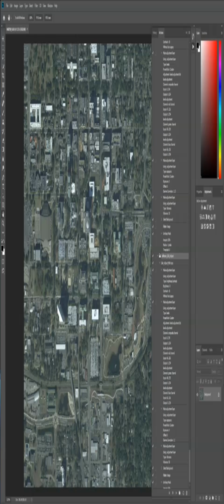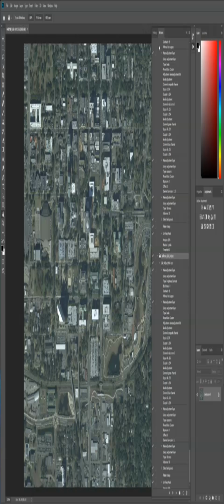And then when I'm happy with that, I'll batch process the whole county or whatever images I have using the settings in the action that I made. So anyways, let's start with this image,